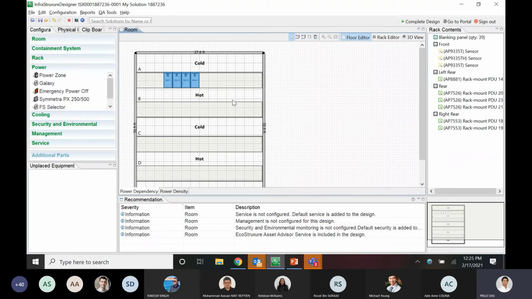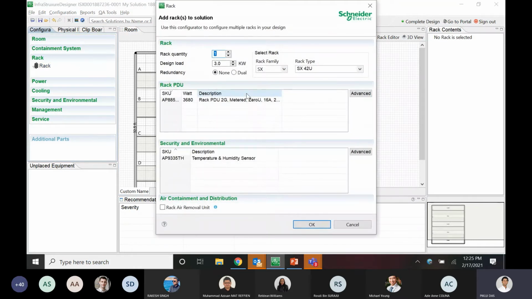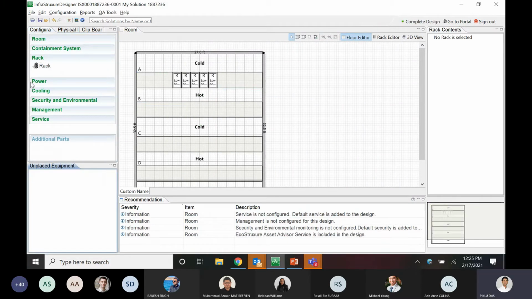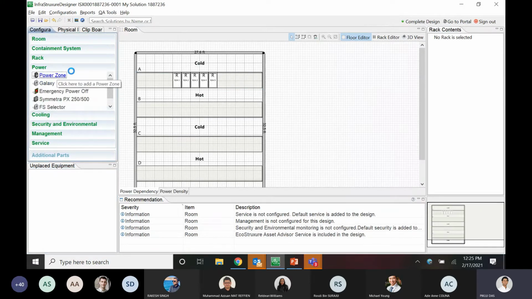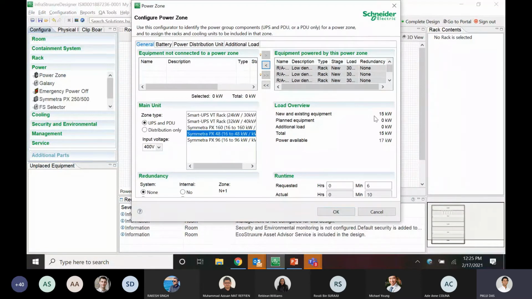In fact, just for the sake of this demo, I'll create some simple RPDs or rack systems, because there are some constraints, as I said, which stop us from creating wrong solutions. That is the reason I was not able to continue there. Now, as you can see, the 15 kilowatt will be properly powered by this PX48.